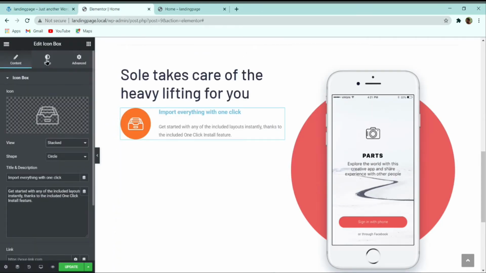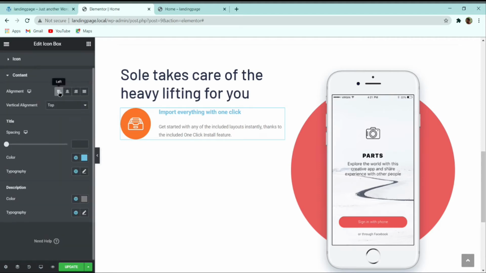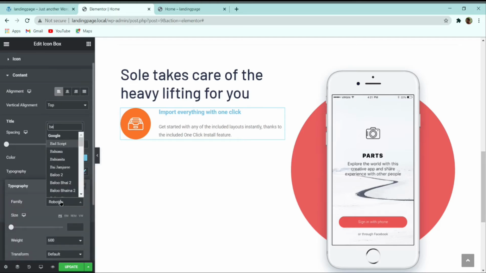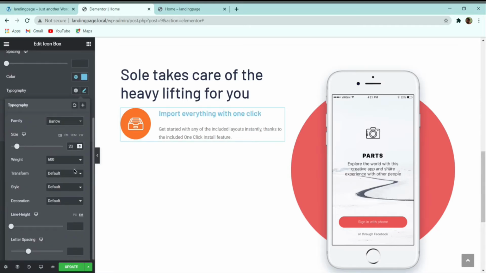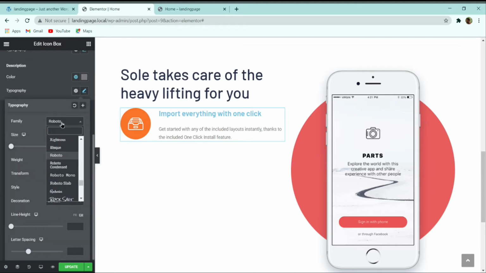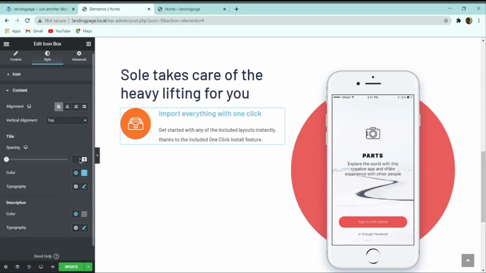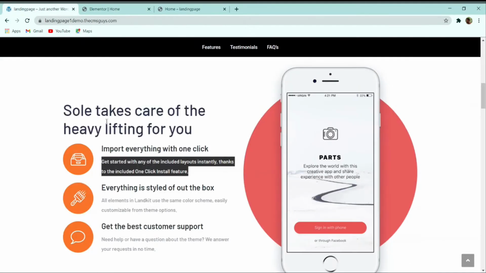So now again let's go to the style part, and here let's go to the content. So first of all let me make the alignment to the left, and then here let us first change the typography. So here again I will select this Barlow, and then for its text I can select 23, and then for the description part again I can change the font family to Barlow, and then here what I will give it 16, and weight let me give it 600, and line height 30 pixel.